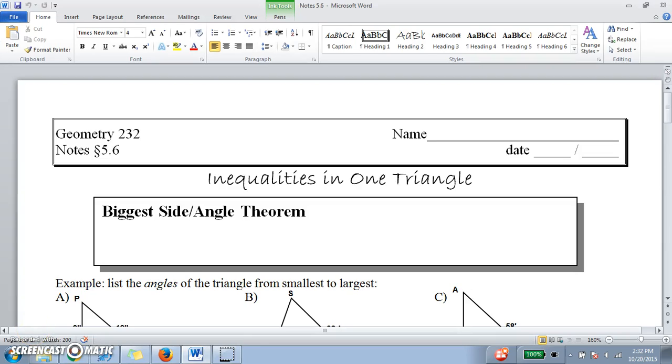This is Geometry, Section 5.6, Inequalities in one triangle. So, first thing we're starting with is the biggest side, biggest angle theorem. So this theorem says